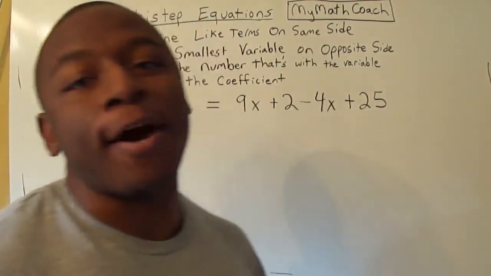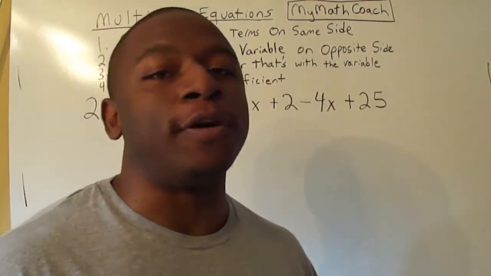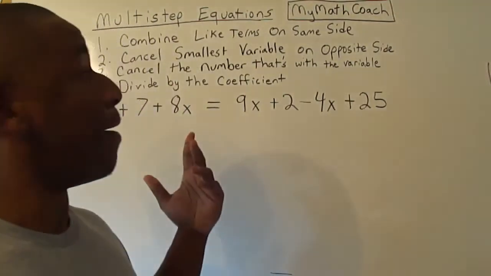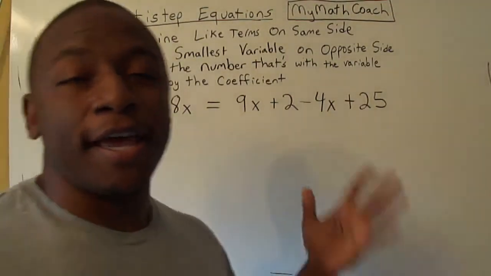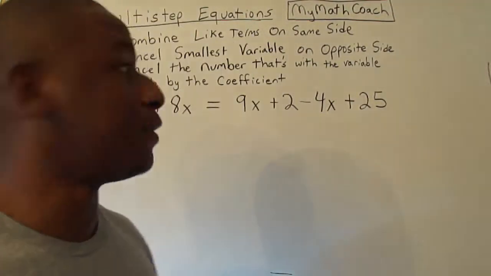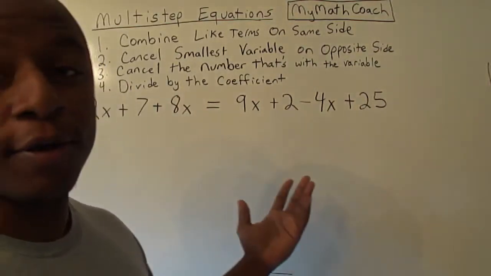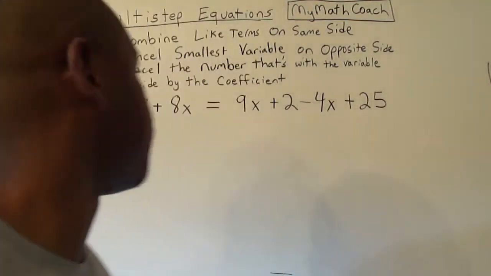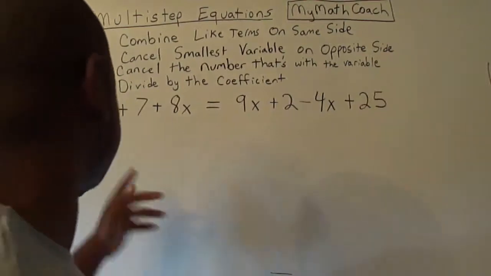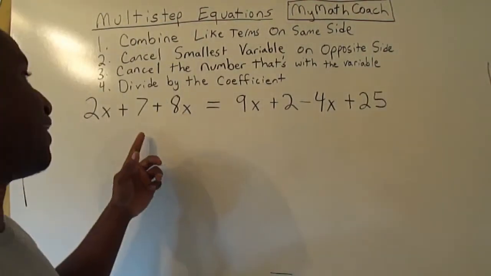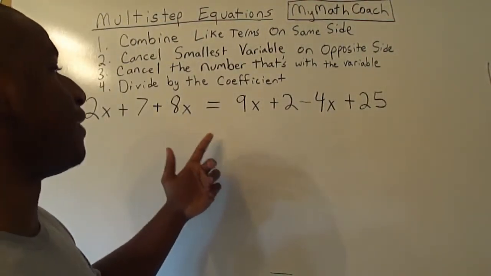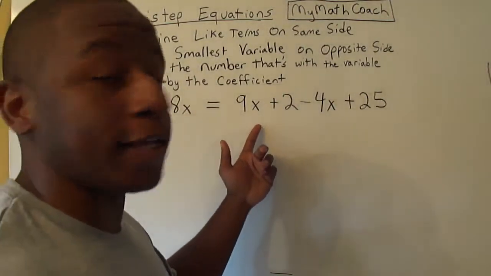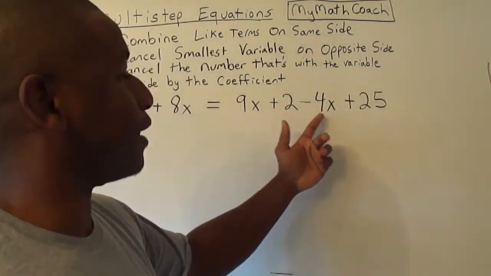Okay, today on MyMathCoach, we're going to talk about solving multi-step equations. And I have the steps to solving those written on the board and also a question. So the question that we're going to solve is 2x plus 7 plus 8x equals 9x plus 2 minus 4x